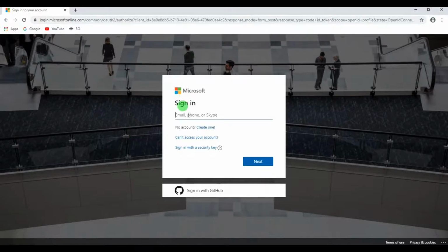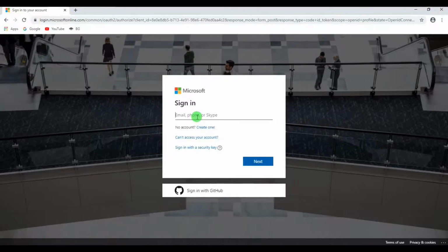So if you have an already existing account registered with Microsoft, you can click on this link and proceed with the further steps. And if you don't have an account, you can create a new account, just a link provided in the bottom. And if you have a GitHub account, you can use that account and log into Azure. Since Azure is integrated with GitHub, you can use the GitHub credentials as well.